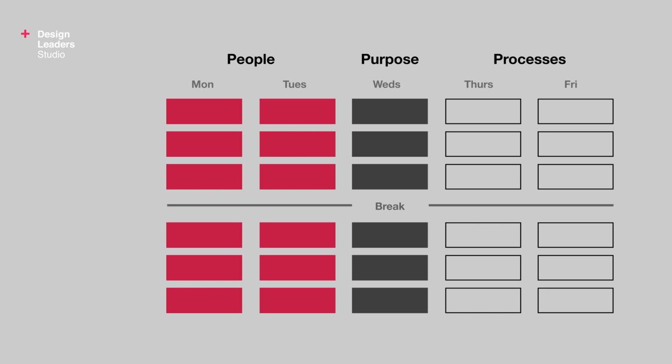Monday and Tuesday were my people days. I had all my one-to-ones, I wrote performance reviews, and I interviewed for open roles. Wednesday was my purpose day. I had alignment sessions with product and tech, I worked on team strategies, and this is where I spent time developing new initiatives for my team. And this left Thursday and Friday as my process days. And this is where I helped my team with their design methods. I rolled out new training and software for the team, and I looked at ways to improve working with other departments.